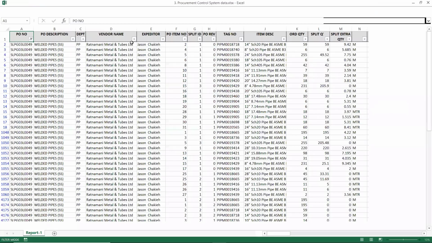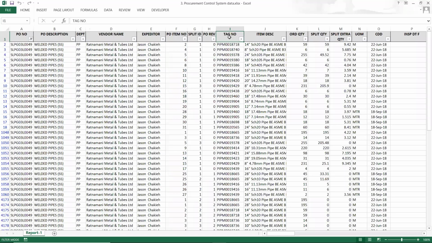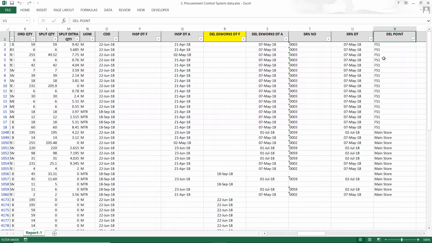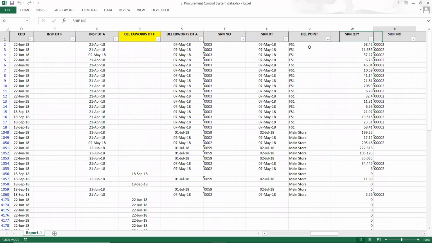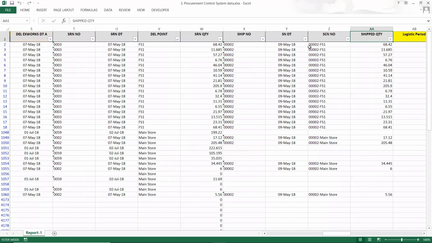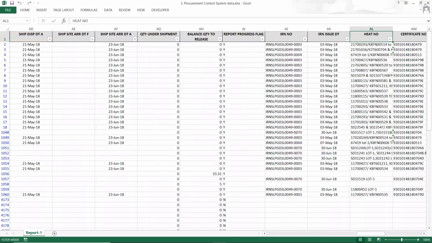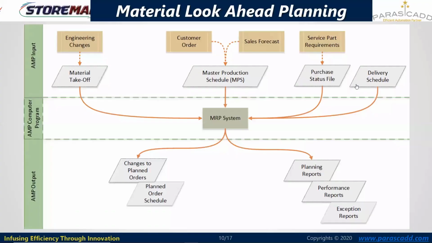So by PO number, by vendor name, by particular tag or item code wise, the total ordered quantity available with me is shown over here. I'll consider this the ordered or procured quantity with me. Other statuses are the delivery schedule. Here, shipment quantities are mentioned with respect to shipment dates, transit dates, CDD dates, FDD dates. Other parameters can also be a part of this procurement status file, or a part of the other delivery schedule. So these are the inputs I have supplied.